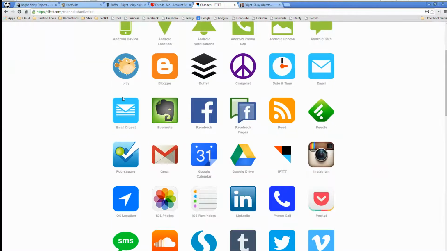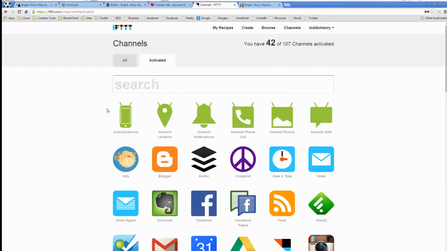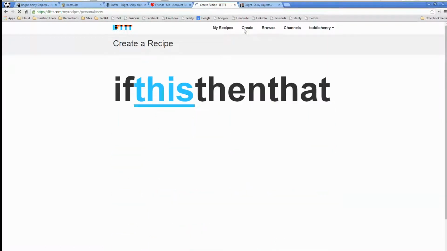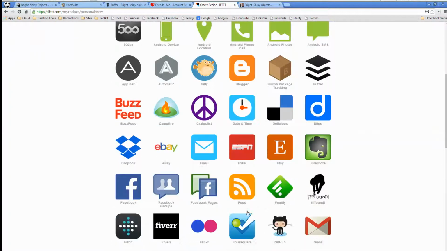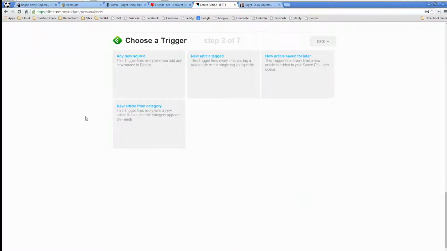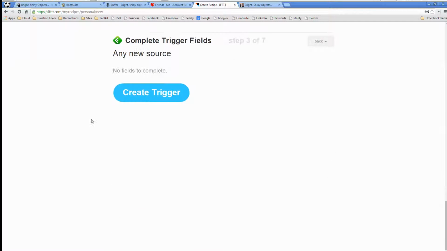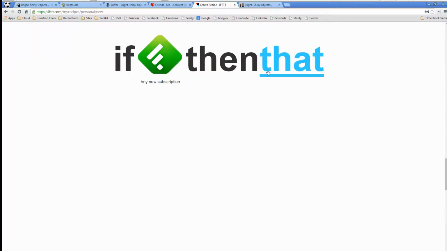Okay, so these are all the different social network tools that I use. 42 different ones. And as you can see, they actually have 107 different channels. So what I can do, for example, is I can set up some workflows around my favorite tools. And I can say, okay, if something happens in Feedly, and it gives me a list of all of the possible triggers. So anytime I add a new source to Feedly, I could create a trigger and say,